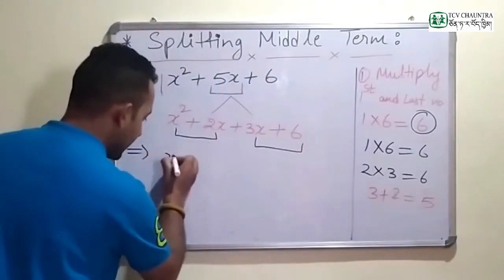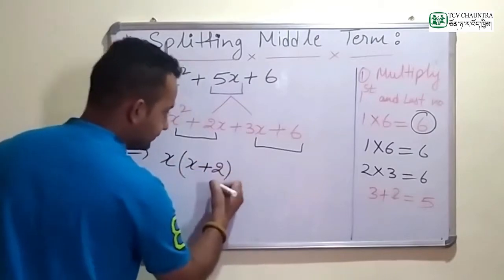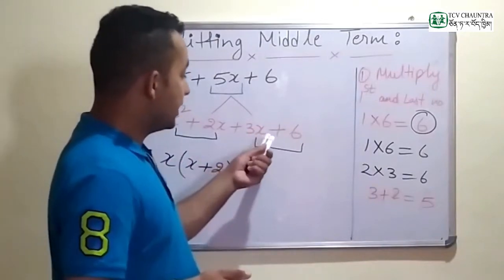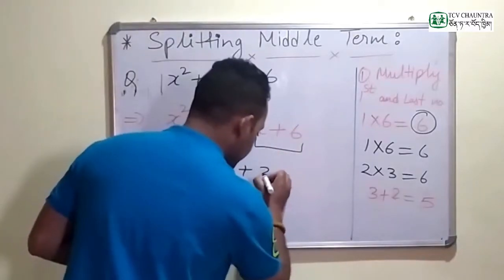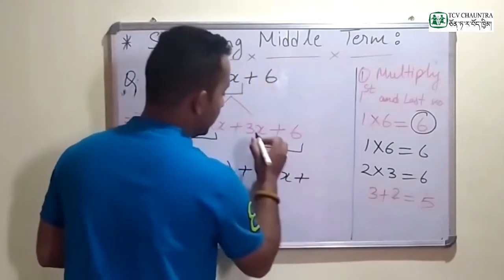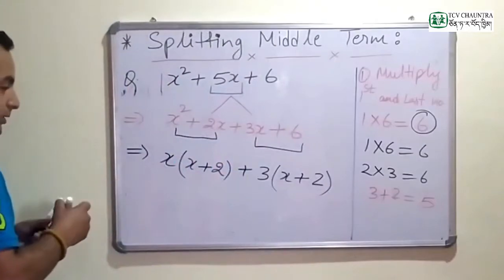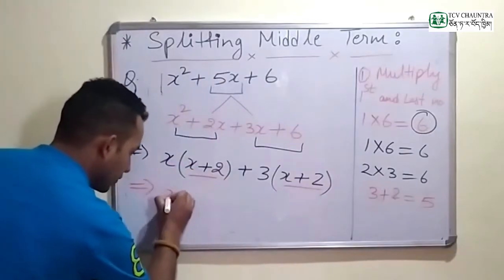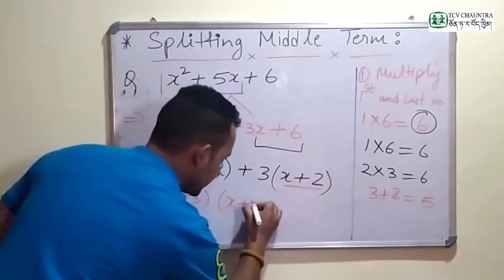Here the common is x. If x is the common, you can write x plus 2. And then here 3x plus 6. Now the common, you have a number 3 as a common in 3x and 6. So 3 will multiply with x, and 3 2s are 6. So x plus 2 and x plus 2 are the common, so you can write it only once. So x plus 3 and x plus 2